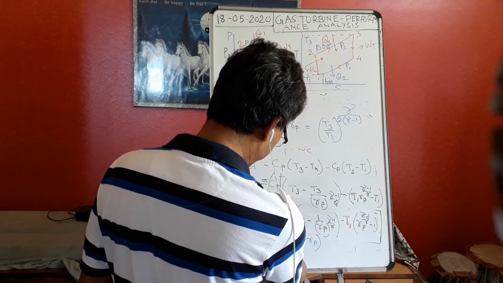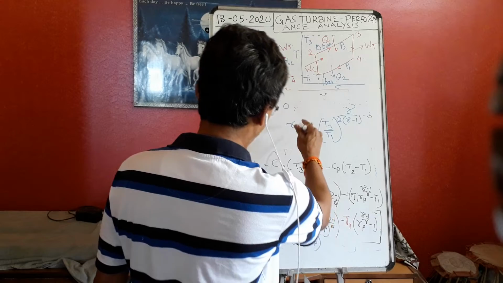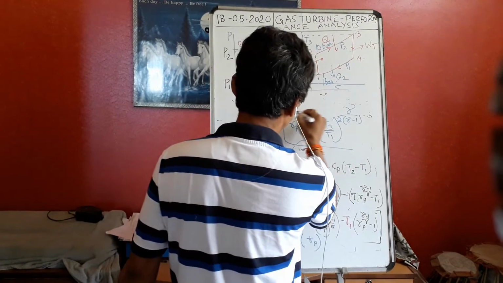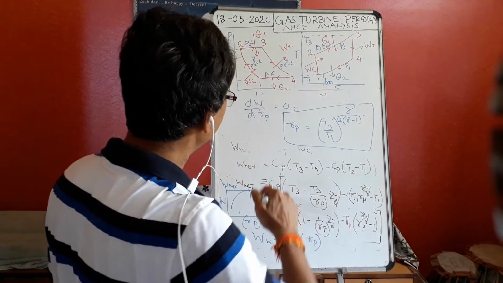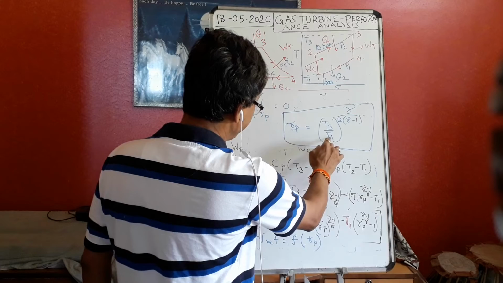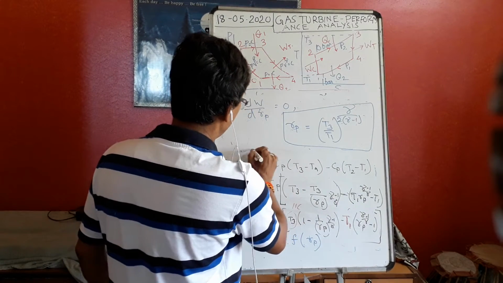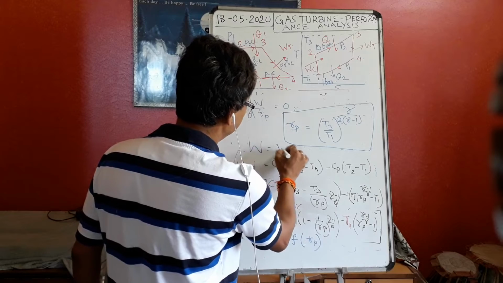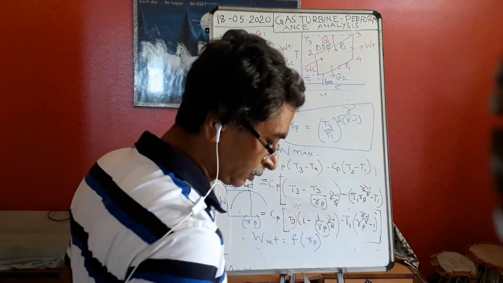You derive it. So this is the constant, this will be gamma minus 1 into RP, and finally this will come. So for this RP, if RP is (T3 by T1) to the power gamma by 2(gamma minus 1), our work will be maximum. W will be maximum. So this is the condition.